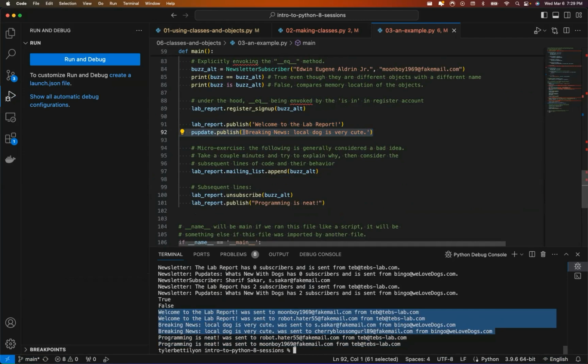And then finally, I directly appended, oh, I was supposed to make you do this as a micro exercise, but I already filled it out. That's a problem with my resources. Okay. This is an example of something, again, that you're not supposed to do. I just said lab report.mailing list. I directly accessed the mailing list and appended Buzz alt to it, which changed my behavior because then I was able to add